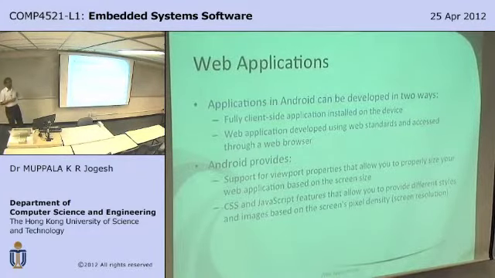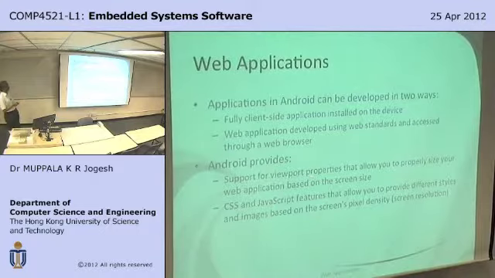So, can we design a mobile app that can take advantage of web technologies to deliver a user experience that is closer to what a native app on the device looks like, but at the same time, you don't need to redesign the website or the information for different platforms? So in case of Android, for example, this is very easily accomplished because Android provides you with